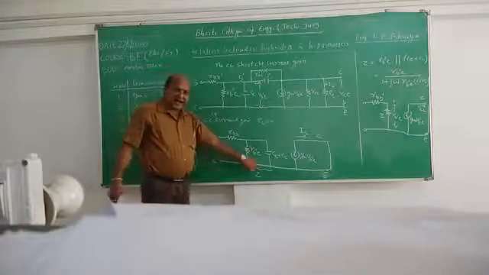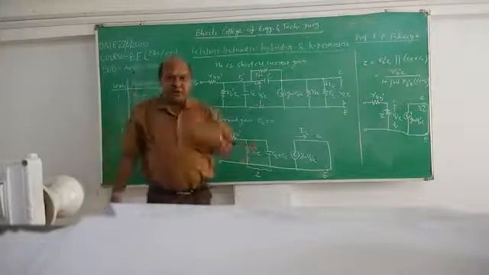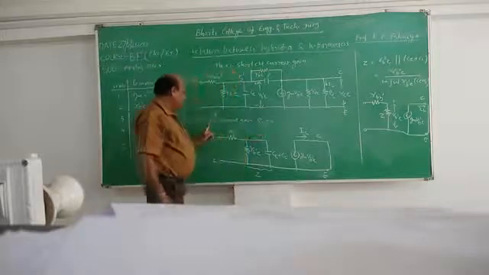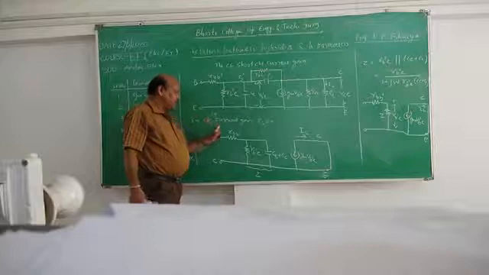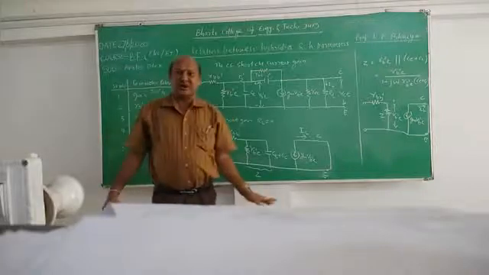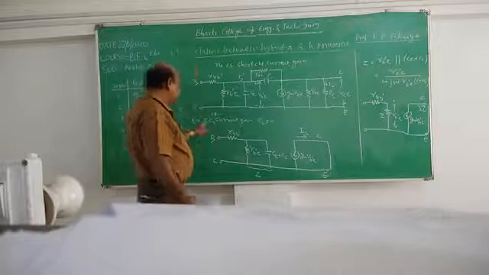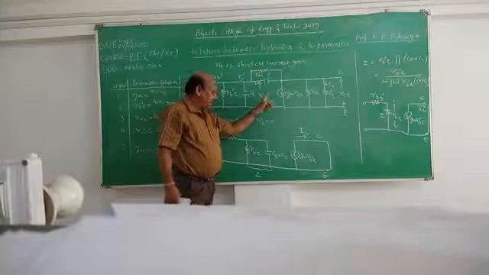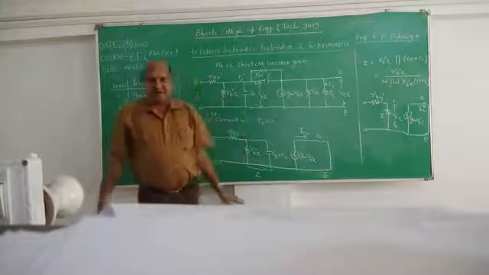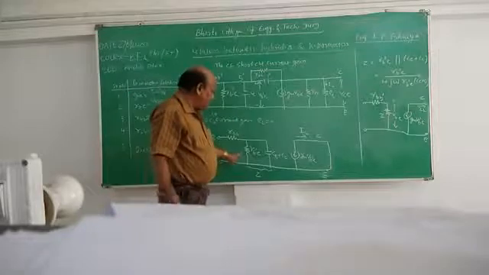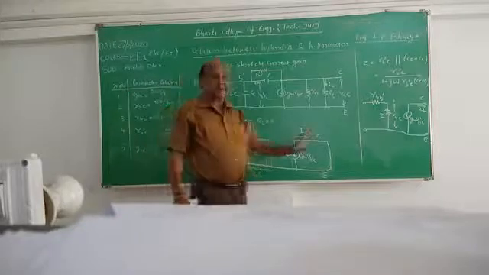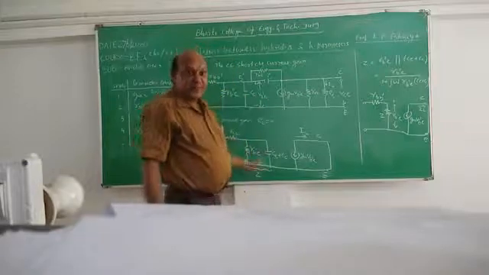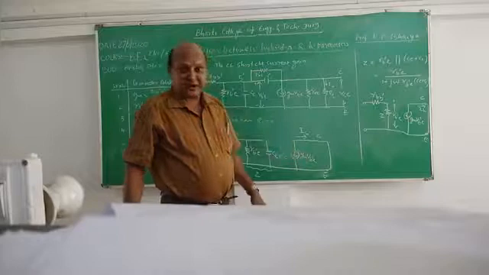So this is the diagram after shorting the output. That means RL is equal to 0. So I have made RL equal to 0 for the short circuit common emitter current, to calculate the short circuit common emitter current gain. The equivalent diagram after shorting RL equal to 0 is this one. So I have got this diagram, and now from this diagram I have to proceed for the calculations of the other parameters.